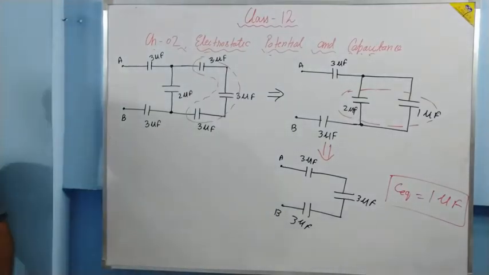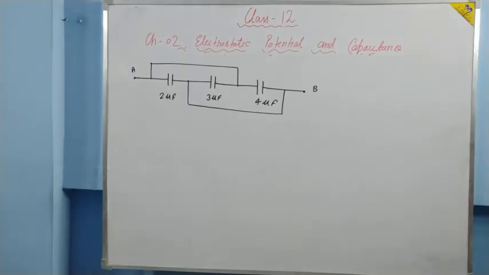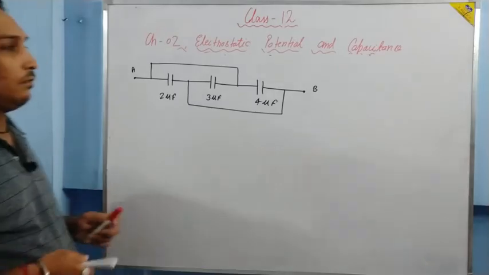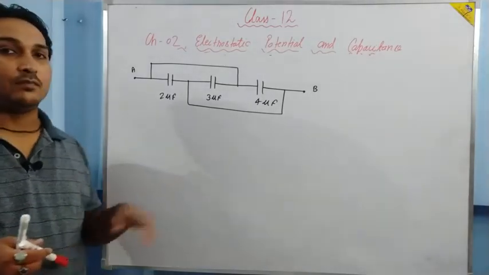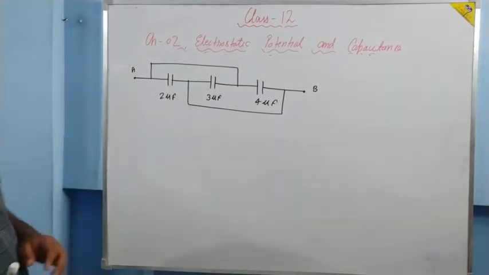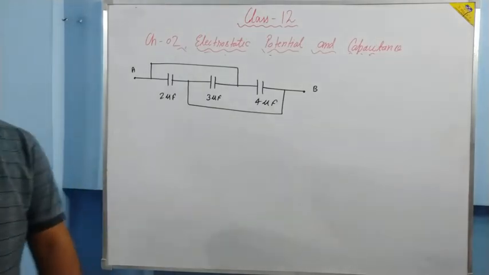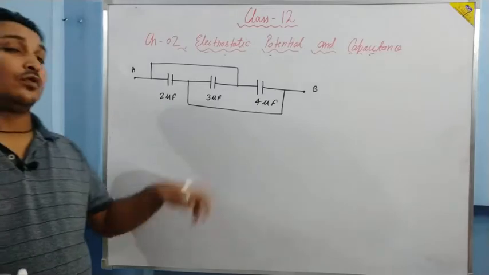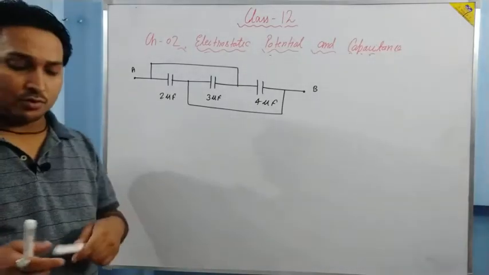Okay. Now let us solve some typical ones so that you can understand. These questions can be asked in the board examination. Now this is the question. It is one of the very popular questions in the combination. The same question can be asked for the series combination also, and this question is for parallel combination. Well, the same question can be asked for the resistance. Sorry, I have said series. The same question can go for the resistors also. You might have done it in class 10th also. Now let us solve this question.